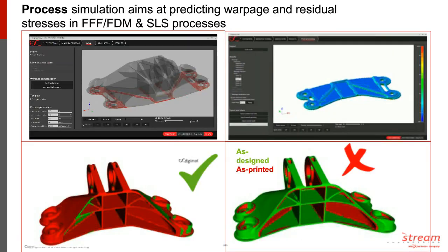Process simulation really aims, again, at predicting warpage and residual stresses. We have a solution for FFF or FDM and SLS. So what we do is that we account for most of the process settings occurring during the simulation. So it can be the toolpath that is illustrated here for FFF or FDM. We account for the chamber temperature, for the laser beam in SLS, and so on, but also of all the